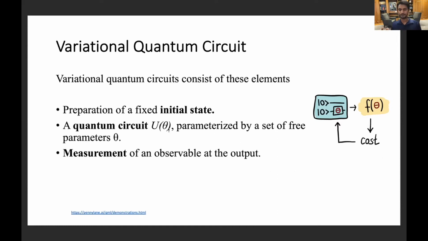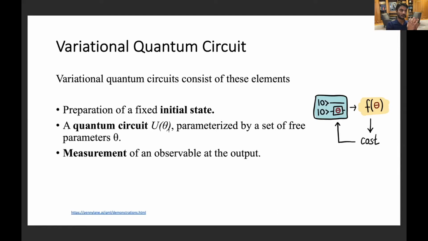So there are several prescriptions using which you can design a quantum circuit, and that is one of the avenues where people have come up with really nice ideas which can be used to design a good quantum circuit, depending on what kind of problems one is trying to solve. For example, if one is trying to find the ground state of a molecule, there are certain classes of quantum circuits which work better.